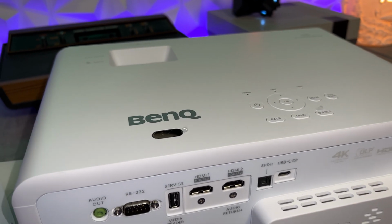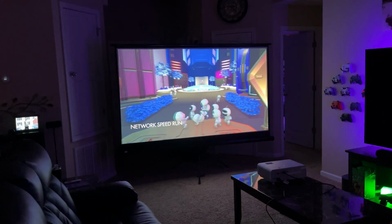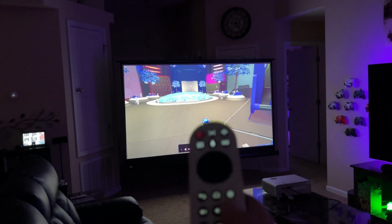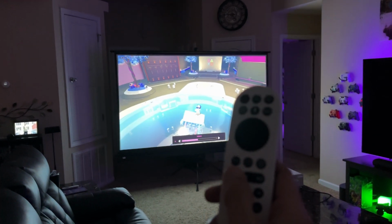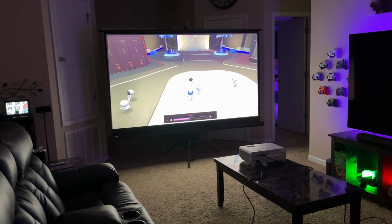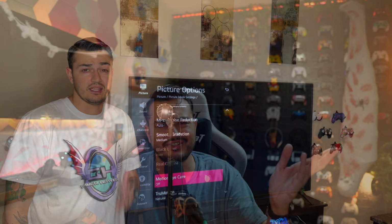This is the 500. It's a bigger number, so you know it's more powerful, it's got more grunt. But to not waste your time and get the bottom line up front out of the way, I absolutely love this projector, and it's good to see in 2023 there is a good third option for displays when it comes to gaming if you want to get away from PC monitors and typical televisions. That's a tongue twister there. Typical televisions, monitors, TVs, and then you've got the third road, the road less traveled right in front of you,